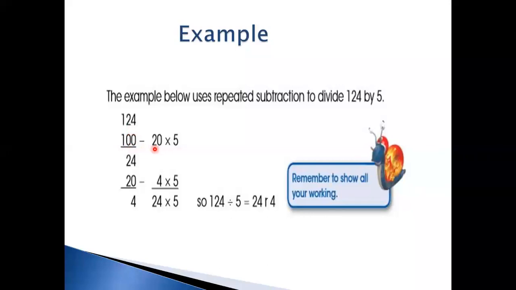So 5 multiplied by 20 gives 100, which is written here. After that, it is simple subtraction. 4 minus 0 will be 4. 2 minus 0 will be 2. And 24 is our next number, which we are going to work out with the help of our divisor